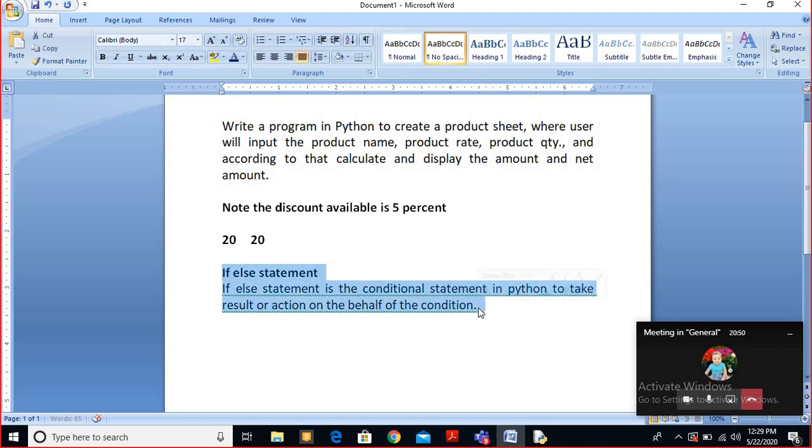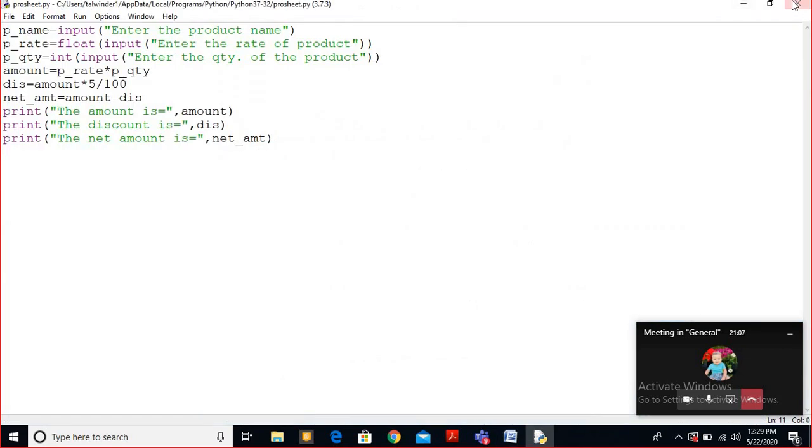We have a statement called if-else statement. If-else statement is the conditional statement in Python to take the result or action on the behalf of the condition. To make it clear, one more thing I want to tell you.